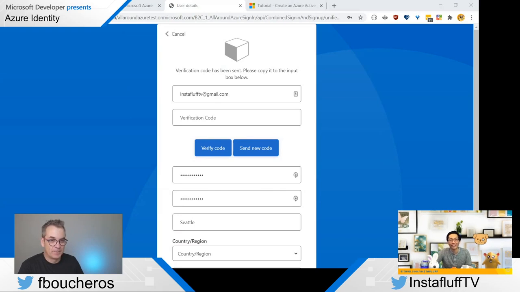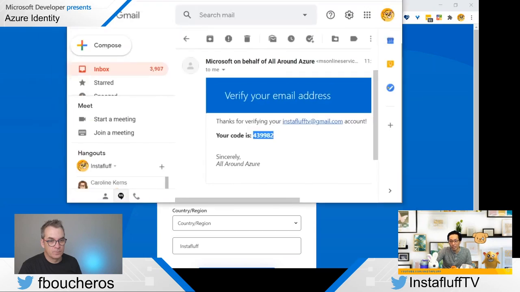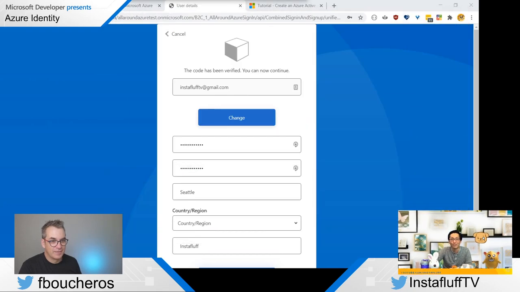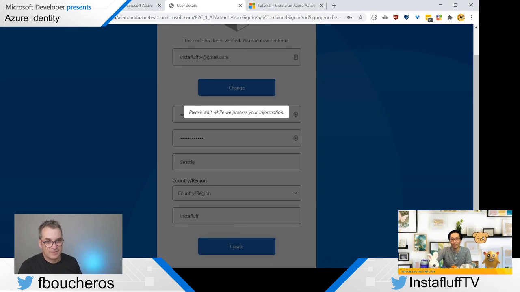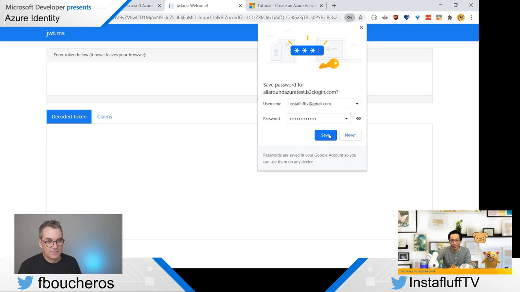Okay, here we go. So I can show this part. Here's what it looks like. I'm going to verify the code real fast first, and then I'll show you what the email looks like. So it comes into your email like this. It says your code is this, and you can customize this as well. Everything that you can imagine is pretty much customizable, which is fantastic. And so then you put in the code, and you click create. And there we go.